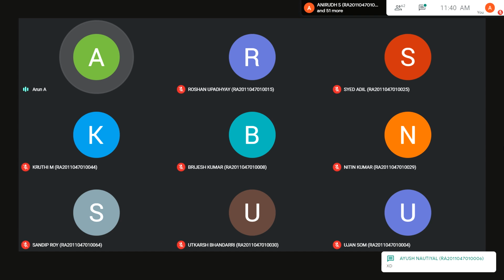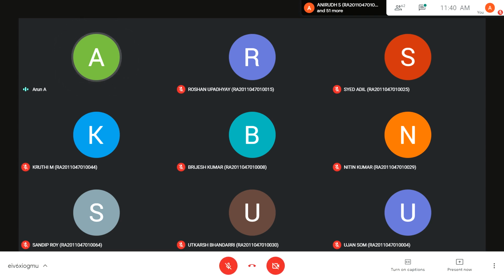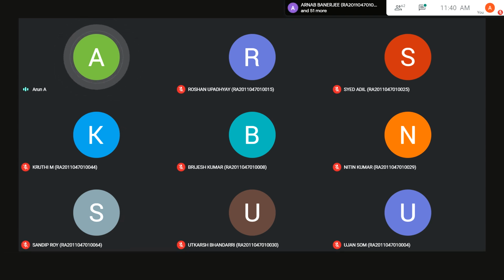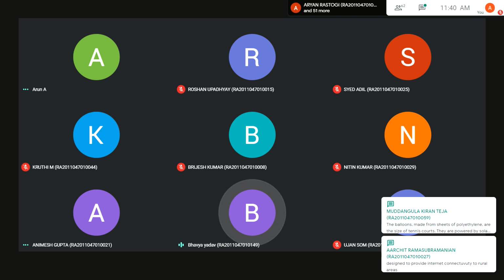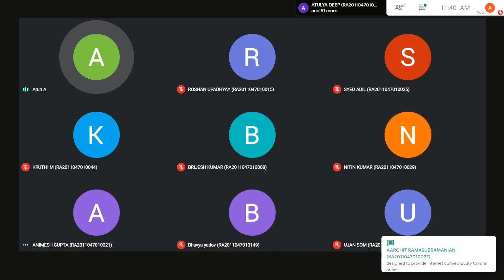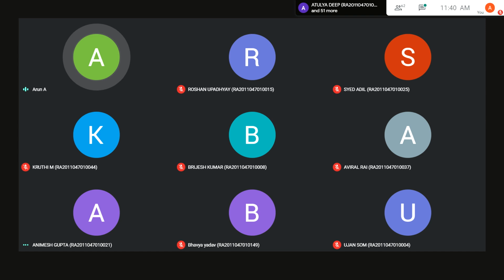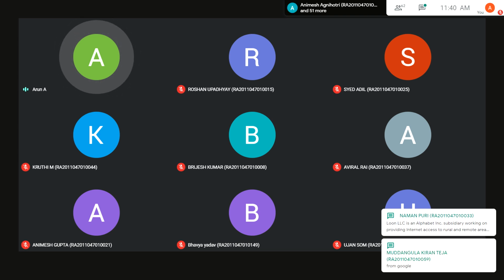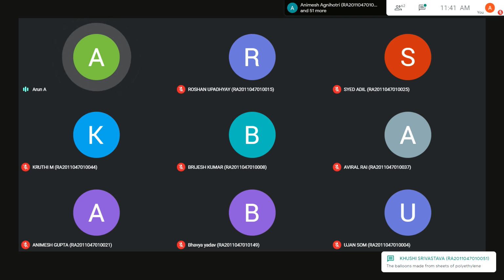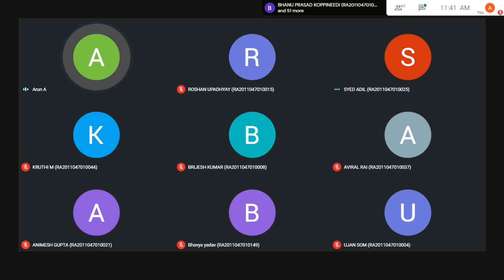But I want the exact clarity about the balloon from you all. You're all sitting in your systems, isn't it? So it's basically for internet access at rural and remote areas. Excellent. Yes, that's what I said. You have the answers in Google because it's a product of Google. As Animesh said, we don't have access to cellular network everywhere, isn't it? Google's parent company is Alphabet. What they have done is they have developed this project long back.